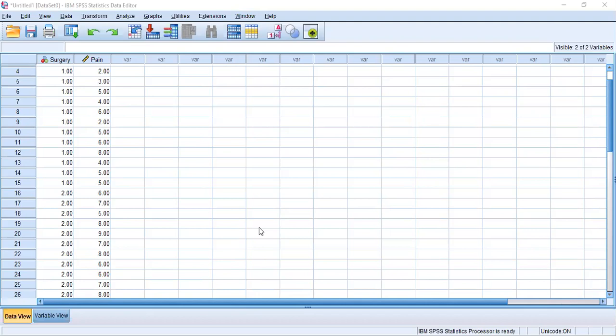Now talking about the third, the E part, where we need to talk about the effect size. Effect size is something very important, and we should know how strong this effect size is. If you look at the notes, you can see the formula there. Effect size d, small d, is equal to t multiplied by the square root of N1 plus N2 upon N1 into N2. Now N1 we know is 15, N2 we know is 15. So 15 plus 15 is 30, divided by 15 into 15, that is 225. So 30 divided by 225,